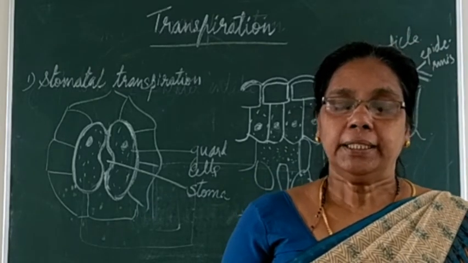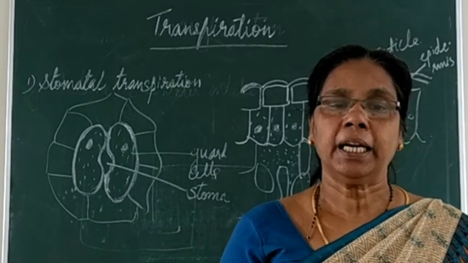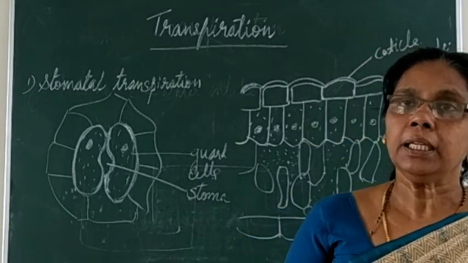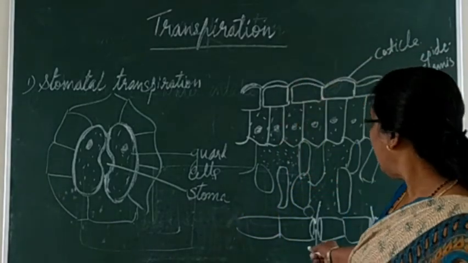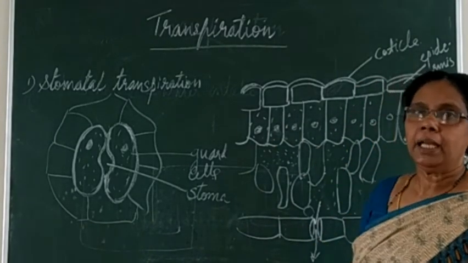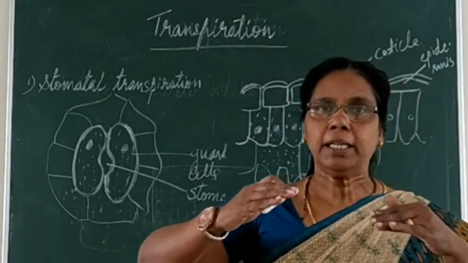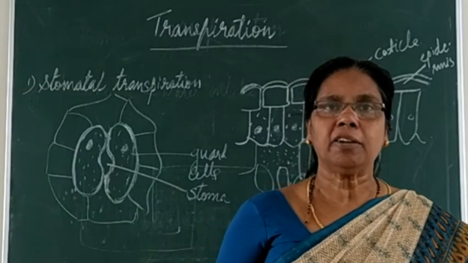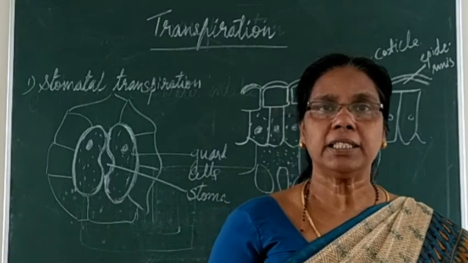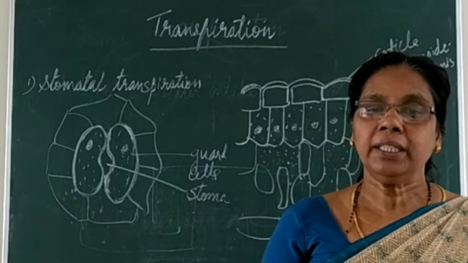So you can see that the cells that lose water in this way replace it by drawing more and more water from the nearest vein. As this water is lost by the plant, again water will be absorbed from the roots. As transpiration takes place, water will be absorbed again and again by the root hairs, then reaches the roots, then the stems, then the leaves. The transpiration pull thus exerted.